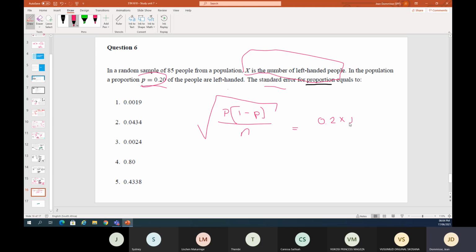We know what 1 minus P is, and we know what the sample is. So 0.2 times 0.8 is 0.16, divided by 85 is